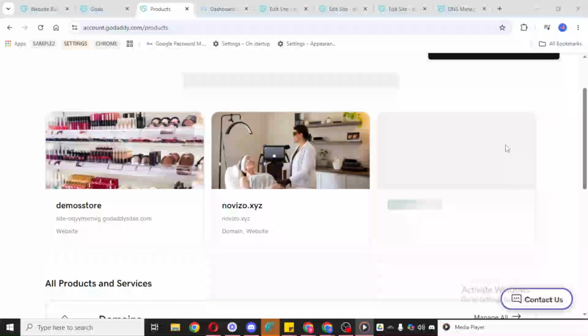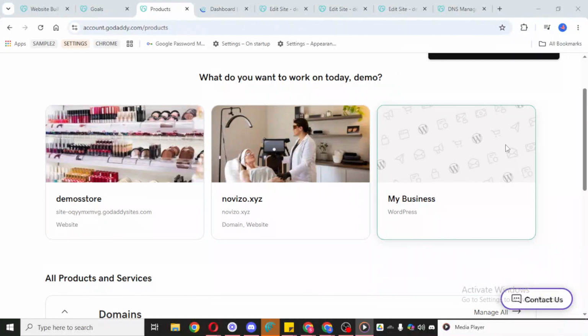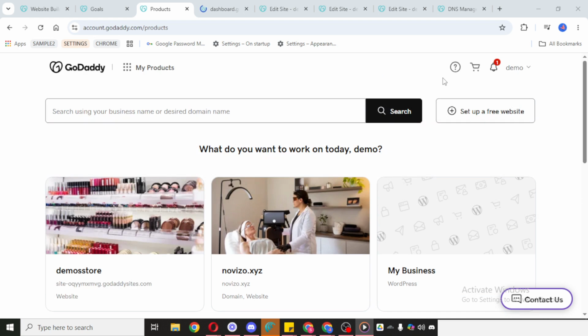In today's video, I'm going to teach you how to make a GoDaddy website private. If you want to control who can view a page on your GoDaddy website, this is a simple setting you can turn on directly from your website editor. This is especially useful if you're working on a page that isn't ready for the public yet, or if you only want certain visitors to access specific content. I'll walk you through the process clearly so you can follow along without confusion.